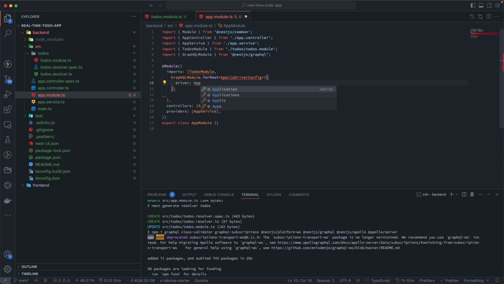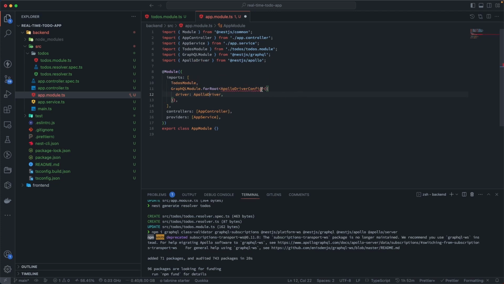So Apollo, sorry, Apollo driver. Okay, we have to import this also. Next, for the schema file we are going to use Nest entity or Nest DTO, which helps. So we are not going to create any schema ourselves, so that's why for GraphQL schema we're going to set autoSchemaFile true. That means it automatically creates the schema internally. Okay, next